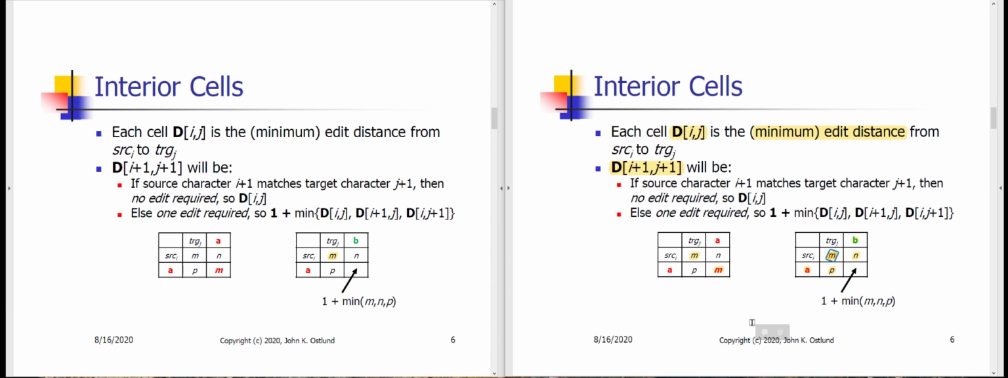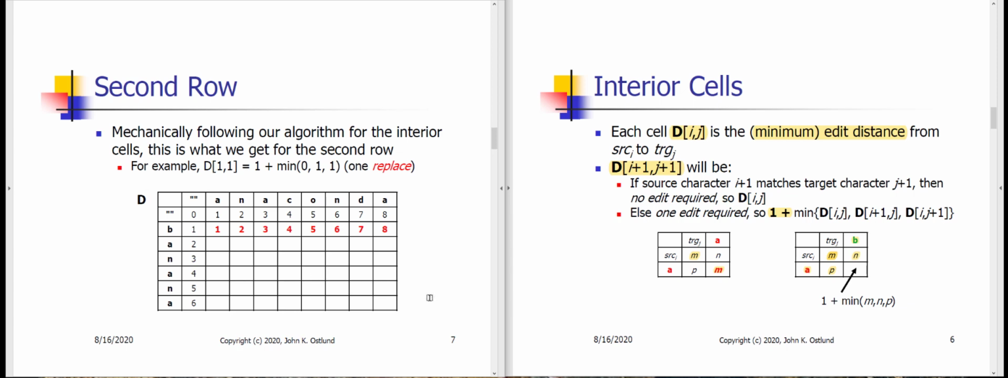And we want to find which one of those is the minimum. That is, if we do an insertion or a deletion or a replacement, which one of those will give us the minimum edit distance for this new cell that we're trying to fill in. Okay, so it's 1 plus the minimum of those 3 cells. So, using that little formula that we've puzzled out, we can now take a look at how to fill in